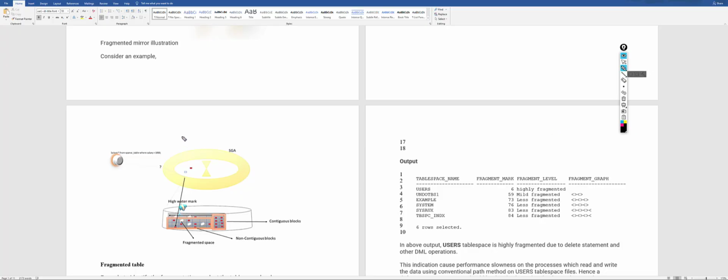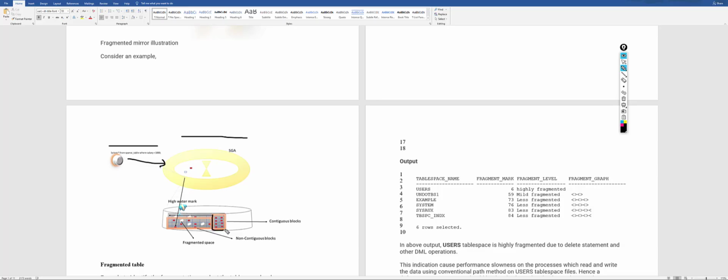So this is the generic architecture, right? The end user is running a select query, select star from sparse table where salary less than 1000. This is just an example. So it is entering the memory. Okay, inside the shared pool, all the checks are done and data blocks are scanned from the disk. Okay, so in the disk, you can see that